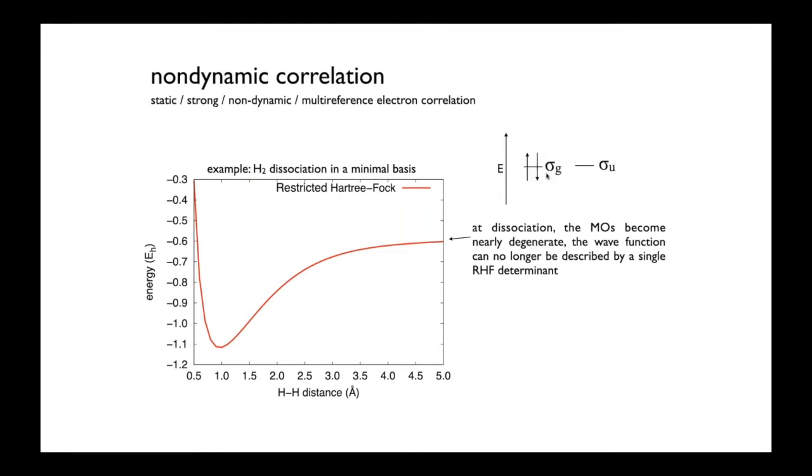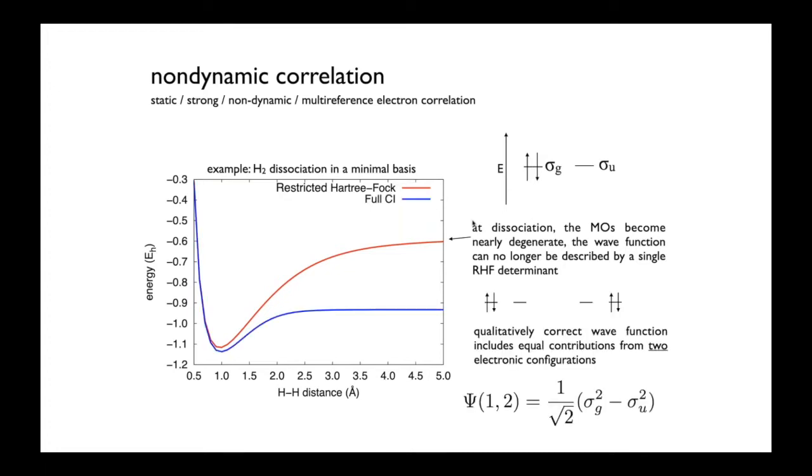And as a result, if you work out where the electrons lie in the molecule, you'll find there are ionic contributions in the wave function. So even at dissociation, you'll have terms in the wave function that have 2 electrons on one hydrogen atom and none on the other one. This is qualitatively wrong. A way to get a qualitatively correct wave function is to use the full CI in